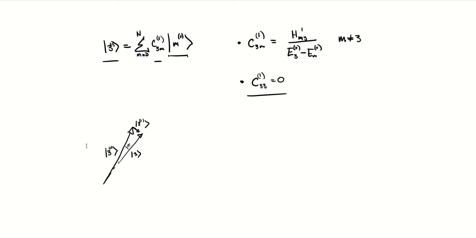They're normalized, so all I'm really doing is providing some sort of rotation there. And what does this mean in our Hilbert space? Well, the only components of this correction are all going to be perpendicular to the unperturbed state, which is essentially what this is saying. All the terms for the vectors in this Hilbert space that aren't in that unperturbed direction can be non-zero, while the terms in that expansion that are parallel to this unperturbed state are going to be 0. We've gone through this for the n equals 3 state, like we did last time, but we can think about this in general.